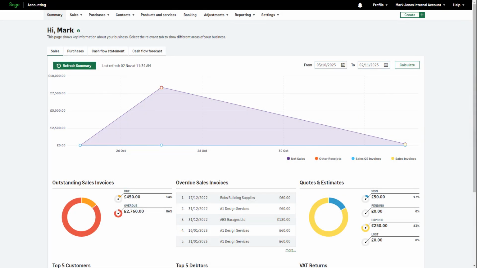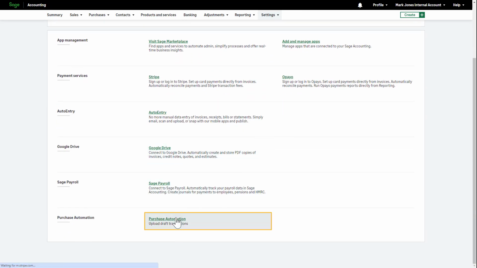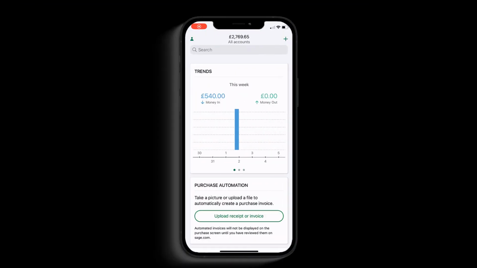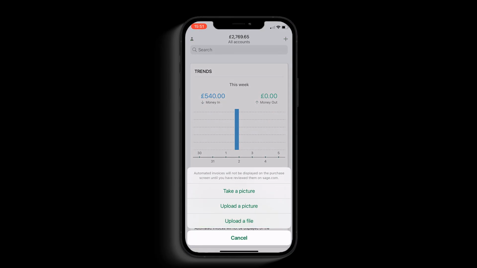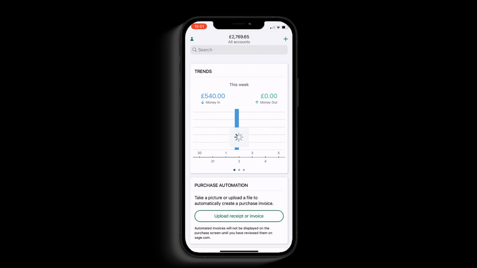You can now capture receipts and purchase invoices directly from your mobile device. In the navigation bar, select Settings, and from the drop-down menu, click Apps and Connections. Then scroll down and click Purchase Automation, and then select Enable. Now, when you log into your accounting app on your mobile device, you will be able to upload a receipt or an invoice. Simply select the file or image you capture on the go, and Sage Accounting automatically uploads the